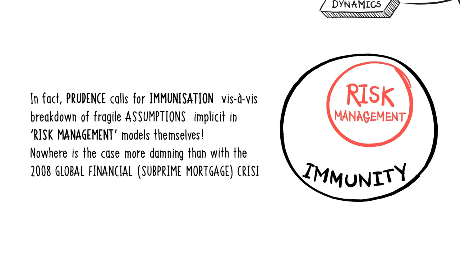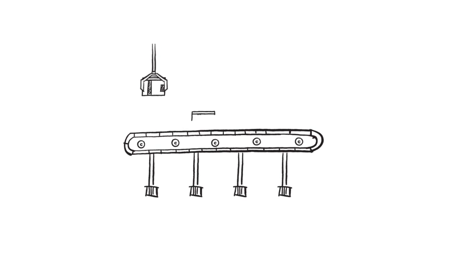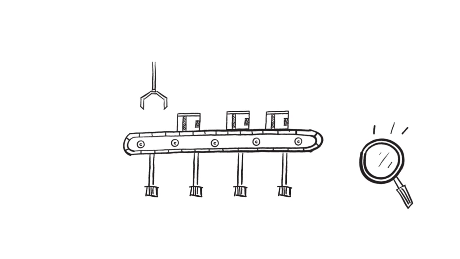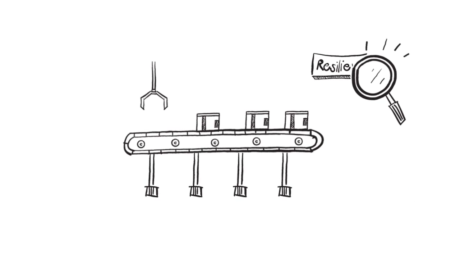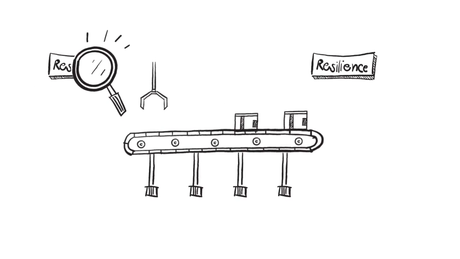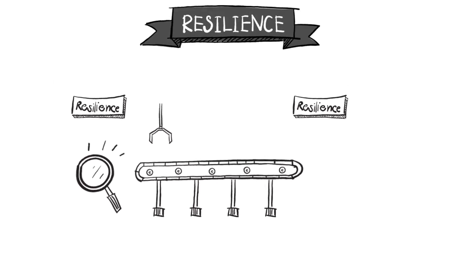Nowhere is the case more damning than with the 2008 global financial subprime mortgage crisis. Also, we tend to think of resilience in passive terms, that is, if an economy can withstand several external shocks or pick itself right back up after a crisis, then we consider it de facto a proven resilient economy. With SEP, resilience is best thought of as an input parameter vis-à-vis the very design of a balanced and robust